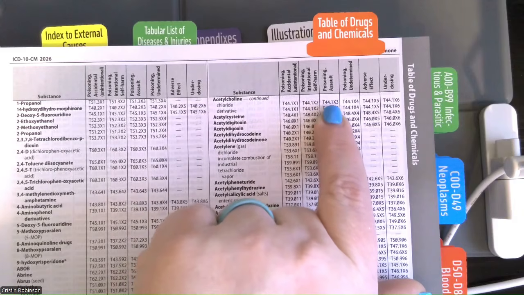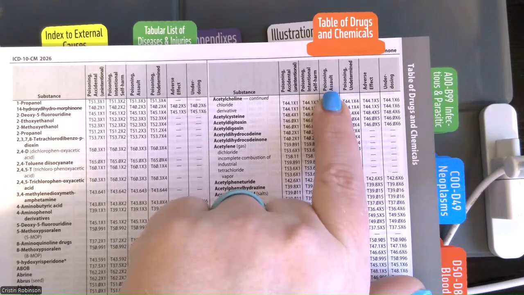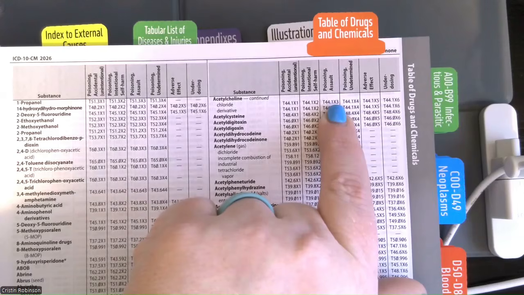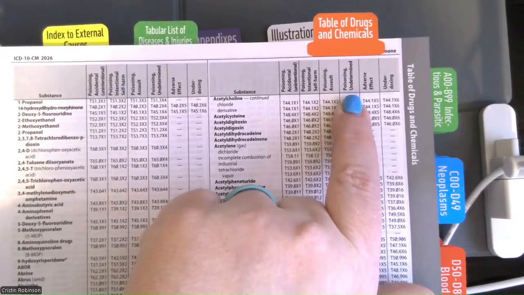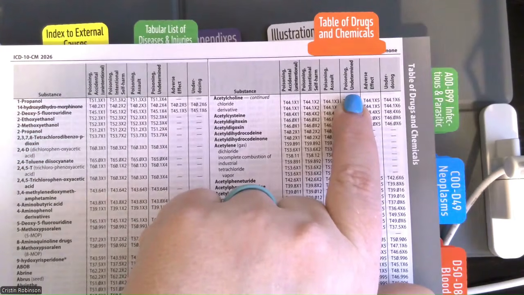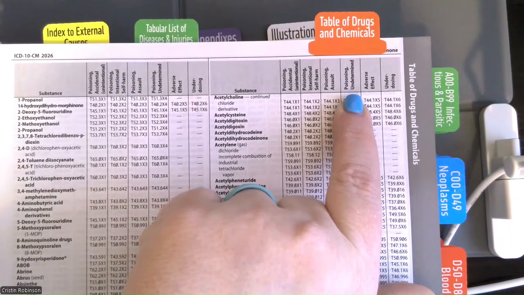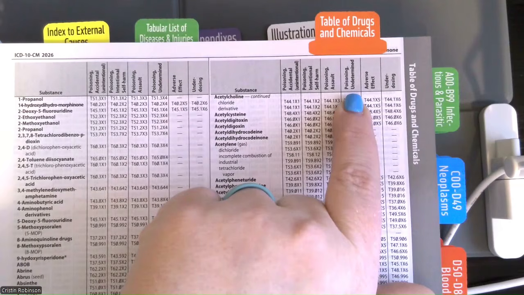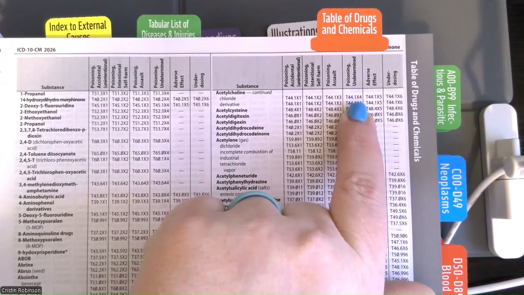T44.1X2. Next up, we have poisoning assault. This means someone else is trying to poison you with this drug or chemical. T44.1X3. Now, poisoning undetermined is kind of like on the Neoplasm table, uncertain behavior. This means that the provider cannot determine whether the poisoning was intentional, unintentional, or assault. This is